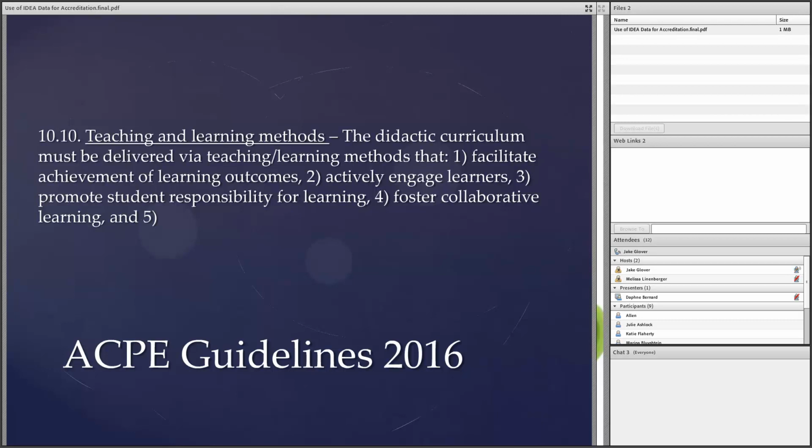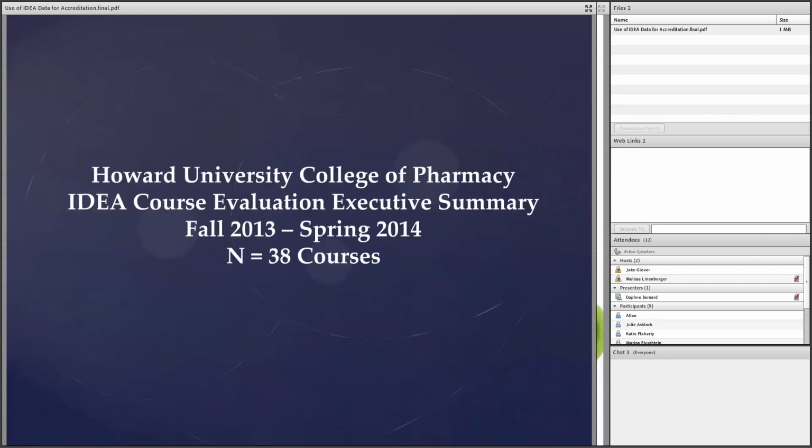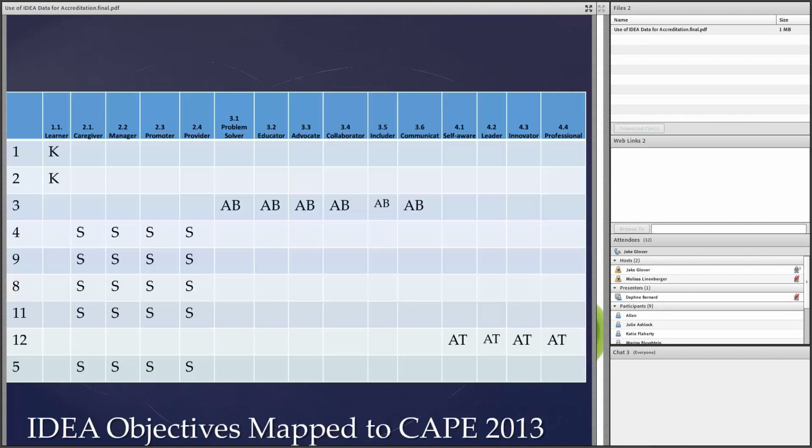And I just wanted to show you that still one of the key things is looking at teaching and learning methods, and making sure that students meet those outcomes within pharmacy programs. So what we're doing now speaks to not only the current guidelines, but also the draft that will go into effect in 2016. So this is the slide here that I worked a bit on because I wanted to make it